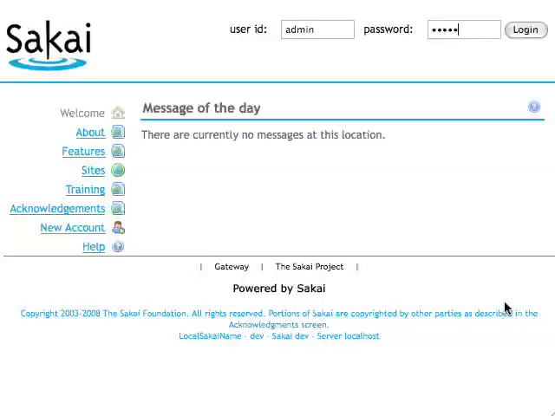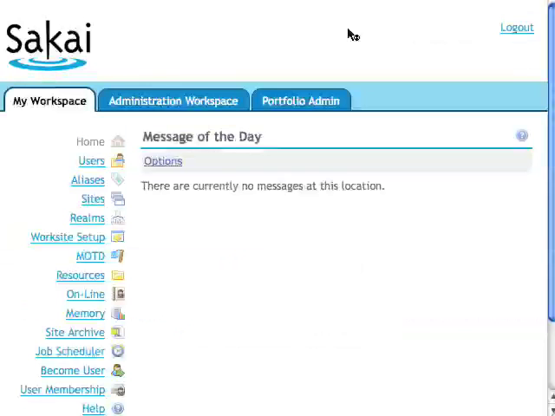One way to learn and get familiar with the OSP toolset is to try to import some of the data structures others have created and uploaded to openedpractices.org in what we're calling the community library. To do that, you're going to need to have an instance of Sakai up and running and a worksite for you to work in. I'm going to do that right now by logging in as the admin user on an